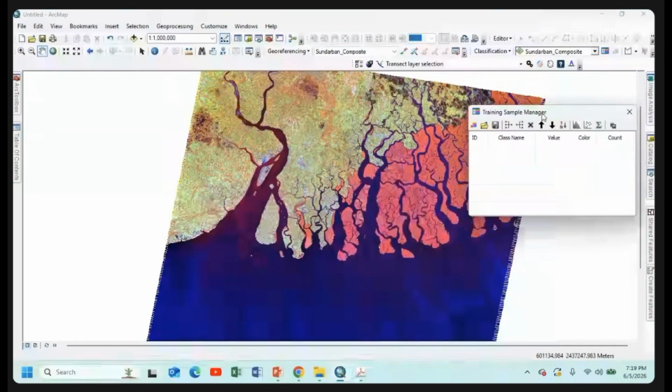First of all, I want to say that for SVM, you can identify a small number of pixels that can be accessed easily for your land use land cover change. But in the case of MLC, you need to collect the maximum number of pixels or training samples to generate the MLC, or maximum likelihood supervised classification. This is the basic difference between the two classifications. SVM is possible with a small number of pixels, which is not possible in MLC.